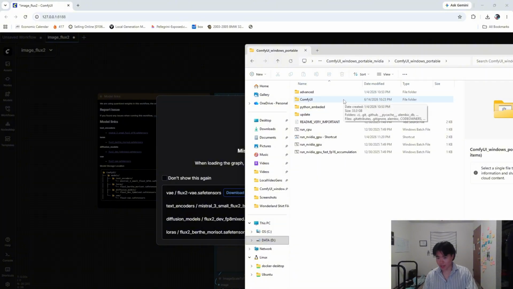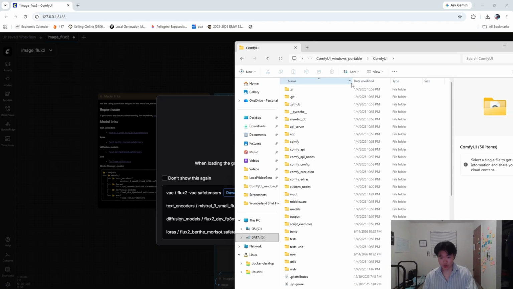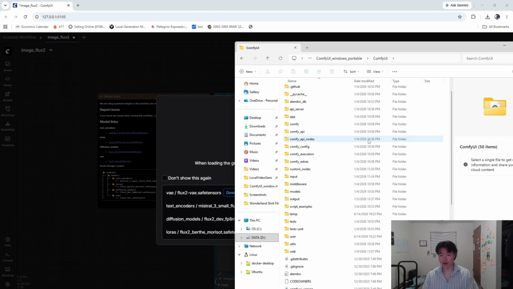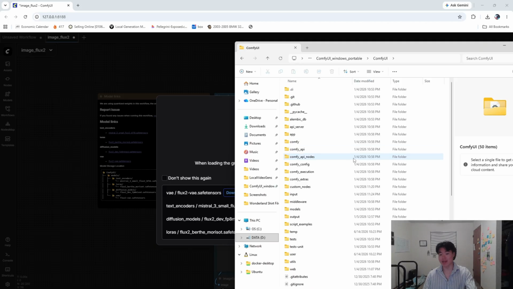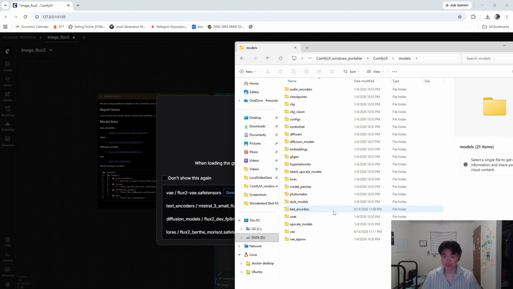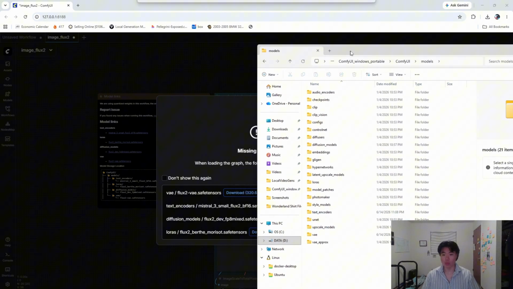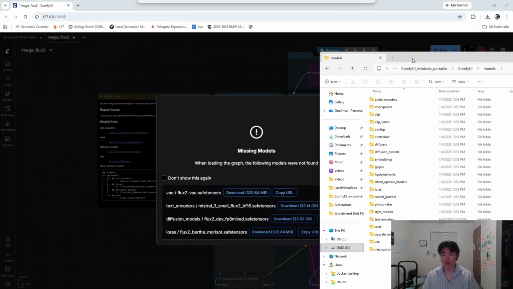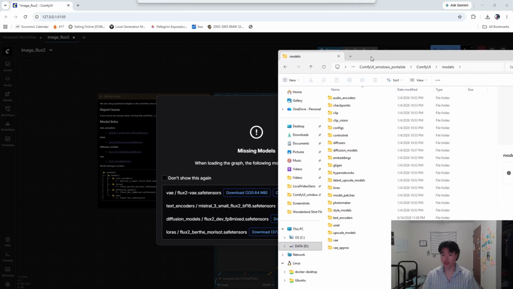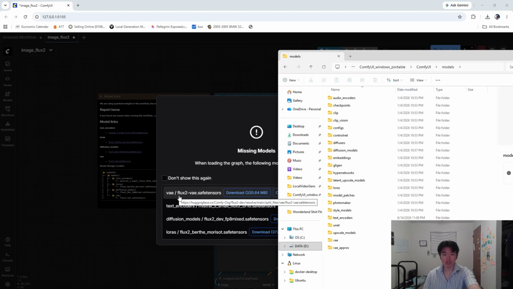You want to head into the ComfyUI folder, and you're going to see a ton of different folders, and the one we want to go into is called models. You don't want to mess with anything else right now. We want to put these into the models folder, so just go ahead and find that. Open it up. And here, we're going to go ahead and match our downloads to where the folder should go. What I mean by that is here you can see VAE slash